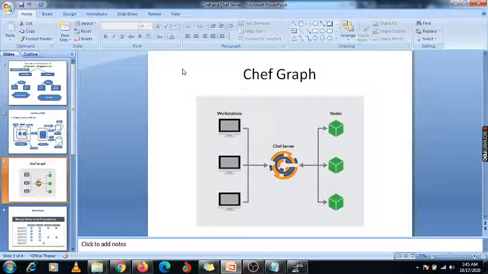Myself Ganesh. Today we are talking about this Chef automation tool and attributes. So what is the attribute we are using under this Chef? Attribute is nothing but a key-value pair which represents specific details about your node. The information related to your node, or you can say your client machine, will be reflected by using some attributes.